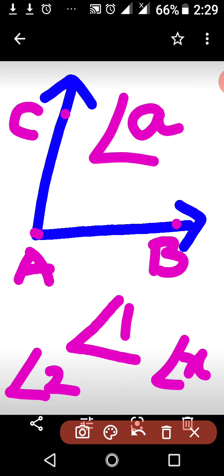So once again we will see, an angle is a figure formed by two rays with the same initial point. And the next one, angle is the set of points. Next, the two rays forming an angle are called arms or sides of the angle. And the next one, the common end point of the two rays is called the vertex of the angle. Next, an angle is denoted by the angle symbol. Sometimes we will use small letters and numbers to represent angles also.